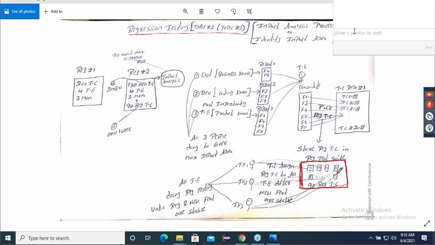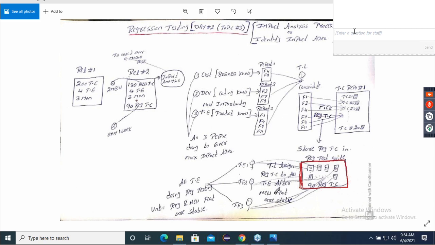Now the question is, when should these regression test cases be executed? After new features are developed or stable. Developed is different, stable is different, guys. Tested is different and stable is different. Remember that word. Everyone remember. Both are not the same. So boss, these regression test cases should be executed after the new features are stable.